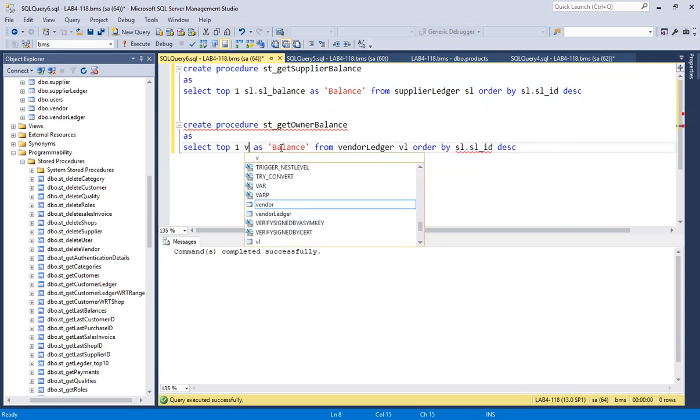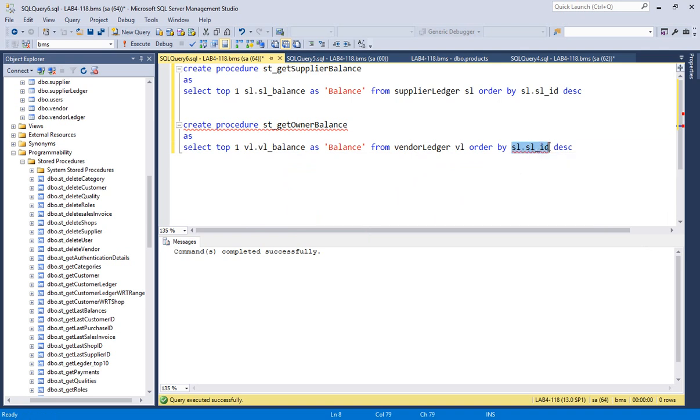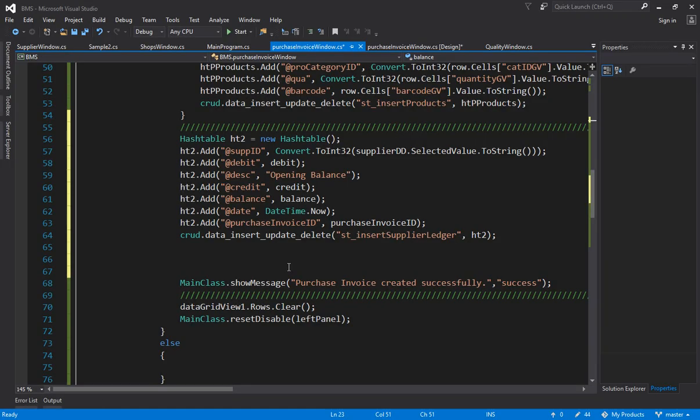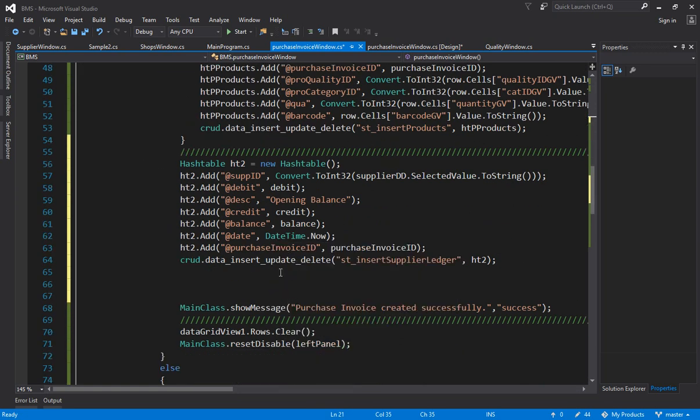So VL.balance, the top one balance, the last balance should be picked up, VL.ID, because it's a primary key and descending means the last value. Okay, so from owner ledger we are picking up these two and the supplier ledger as well. Now we have to pick up the last ID. So what we can do, we can come here at this point before inserting inside the